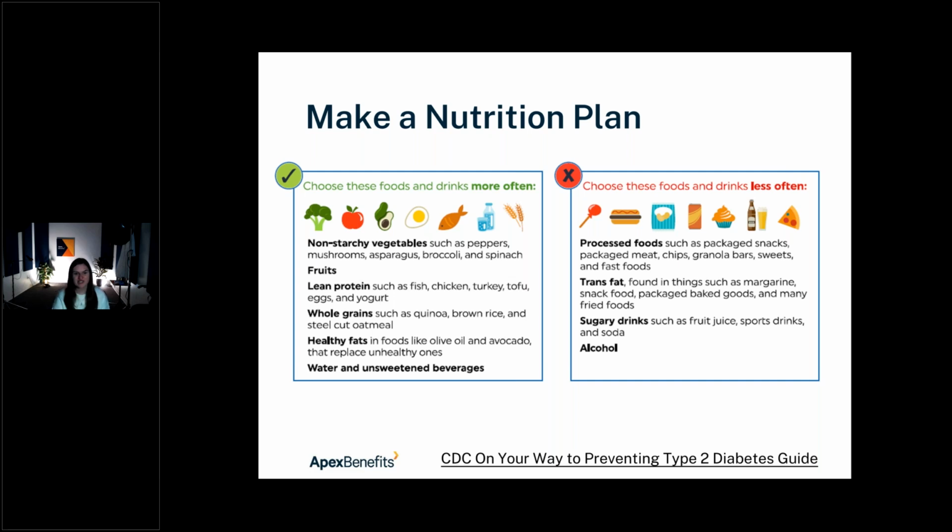I put some foods on the left-hand side of your screen that are ideal. The biggest thing is that fats are actually encouraged. So it used to be, you don't want to eat fatty foods. Fats actually will make you feel full without getting all of those carbs in there. So you still want to add some fats into your diet.